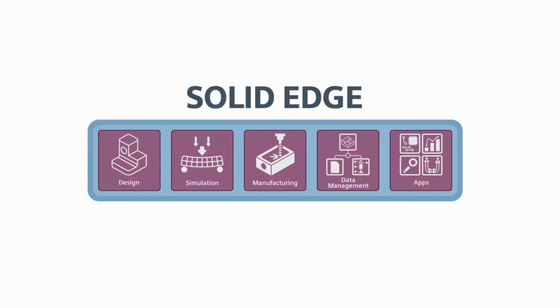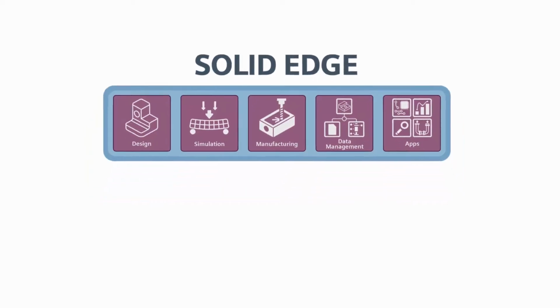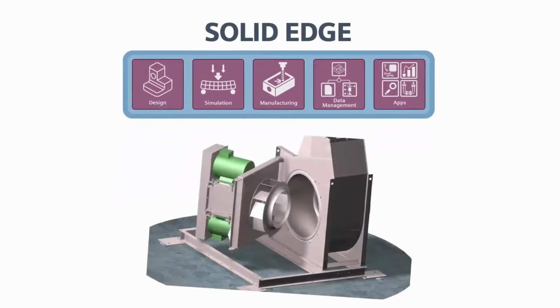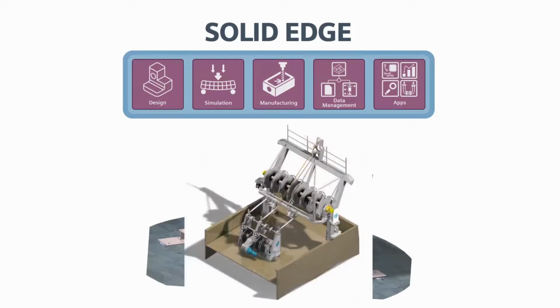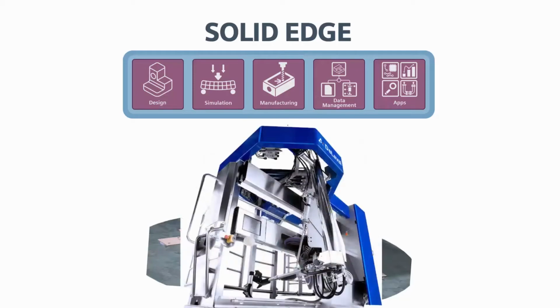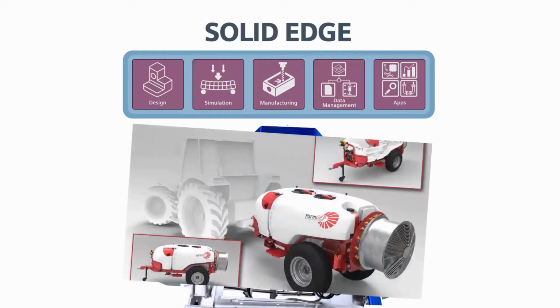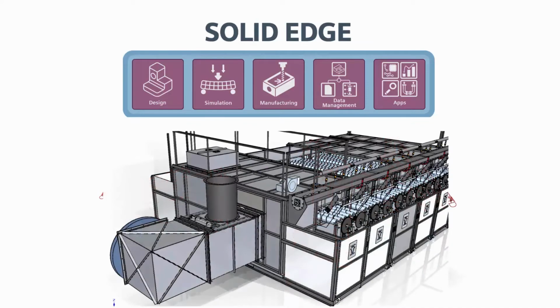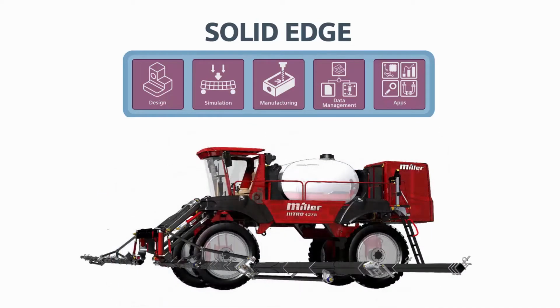Solid Edge provides agricultural machinery manufacturers with affordable solutions to help transform product development processes and deliver world-class products to customers. This is done using a portfolio of flexible, easy-to-use software solutions that help meet customer demands for machinery and equipment with precision farming capabilities and lower ownership costs, all while staying ahead of the competition with lower development and